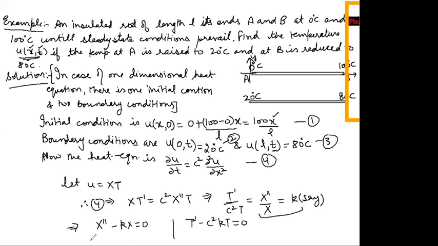Case 1 is when k is equal to 0. For this you have to write the auxiliary equation also. Auxiliary equation implies D square minus k equals to 0. I'm leaving some of the steps as we have discussed it earlier also. And here auxiliary equation will be D dash minus c square k is equal to 0. Here D is d by dx and this D dash is d by dt.